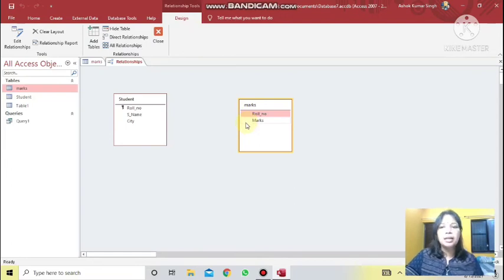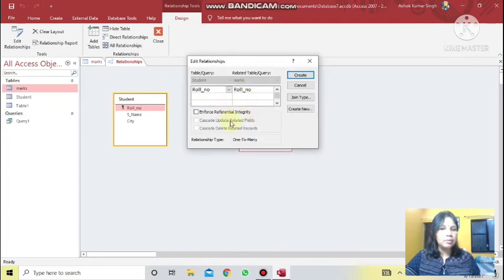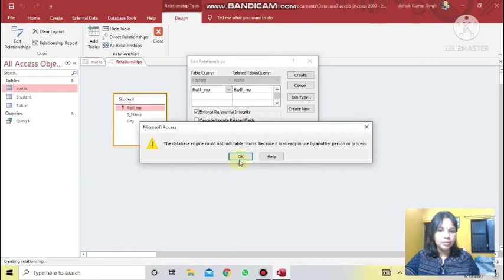For creating that relationship, simply go to the parent table data, drag by holding down the left mouse button, drag the primary key of parent table and keep it on the same field in the child table. This box will appear. What do you want? Referential integrity? Yes, you put a check sign here, and then create. Okay,